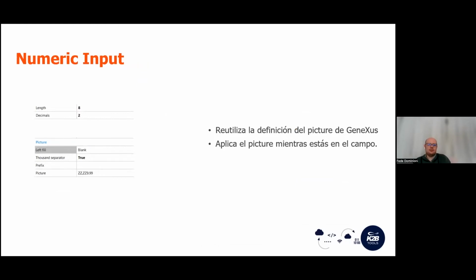Now we're going to talk about another interesting point. This is one of the things that we incorporated in the last K2BTools version, which is the numeric input. What is this? Okay, I'm going to tell you about how this works. Many times in this case, we're going to work with an example in which I define an element that has a length of 8, 2 decimals,